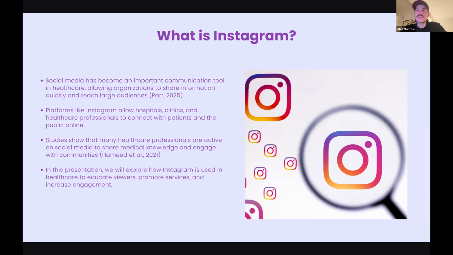So, unlike LinkedIn or other platforms that are more informational, it's more about catching the user by what's shown firsthand when you see the visual presentation. In this, we'll be exploring how those different devices are used and how the visuals really capture the audience and increase engagement. Next slide.